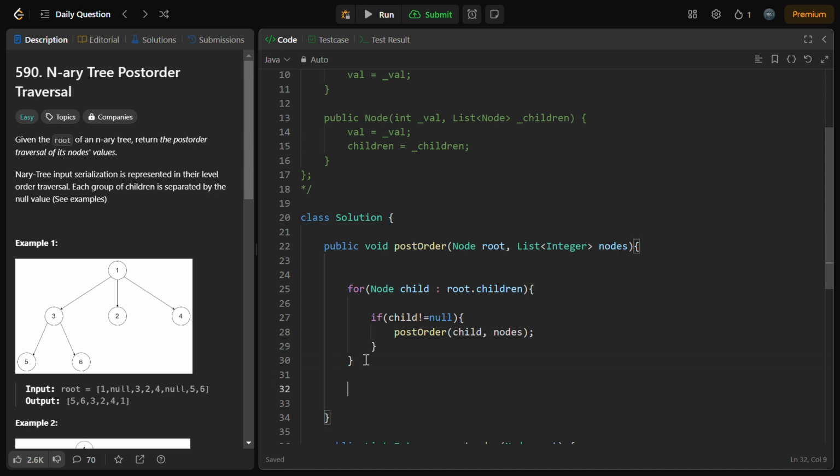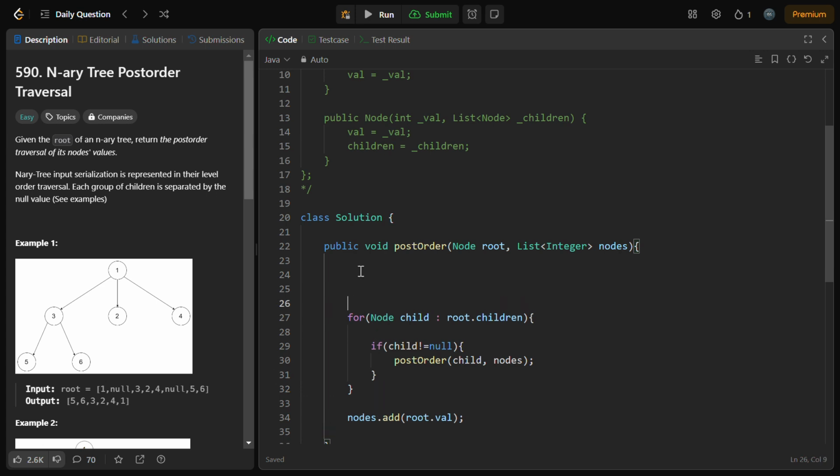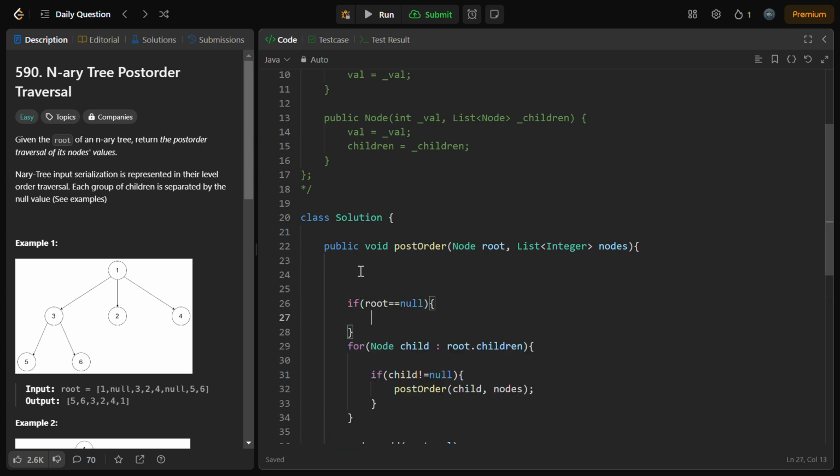So at last, for 3, after completing post order for 5 and 6, we have to add the current node, right? So we add root dot value to the nodes, and the base condition is, if root is null,